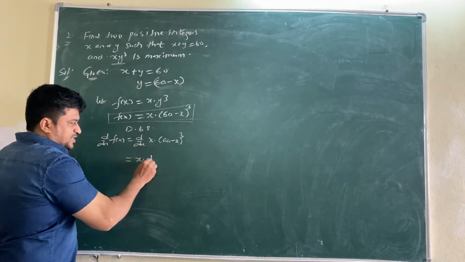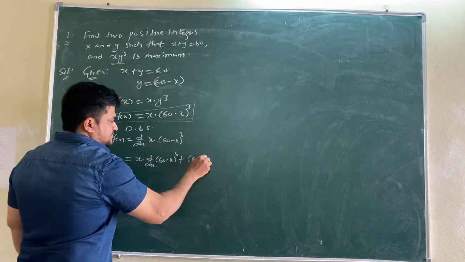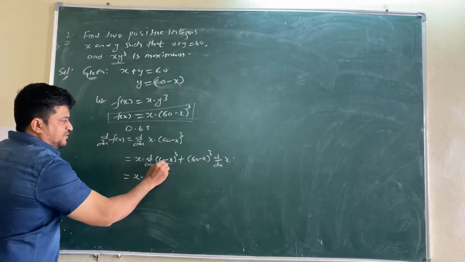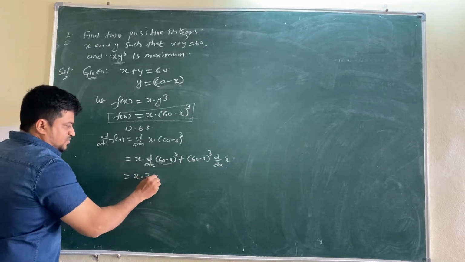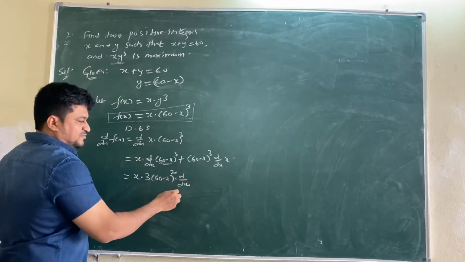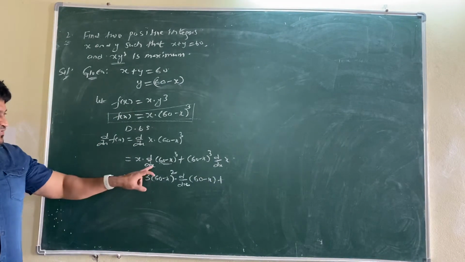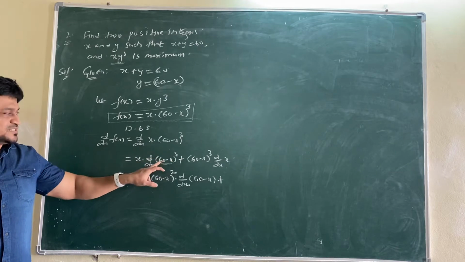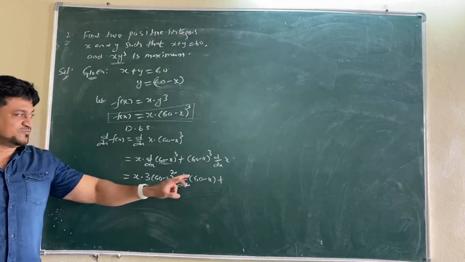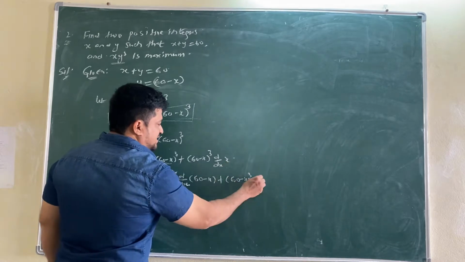U d by dx of v plus v d by dx of u. So this will be x into n x power n minus 1 into d by dx of 60 minus x. Remember or not? Yes, sir. When we are differentiating any bracket, if it has a degree, consider this to be x: n into x power n minus 1, then into whatever we have considered, which you should write without the power. Then this 60 minus x as it is whole cube into derivative of x, which is 1.